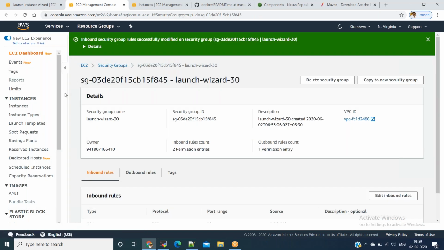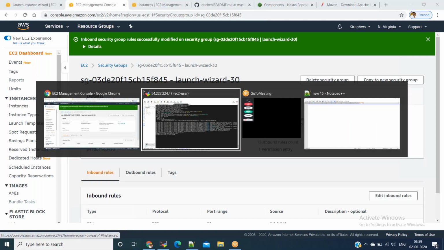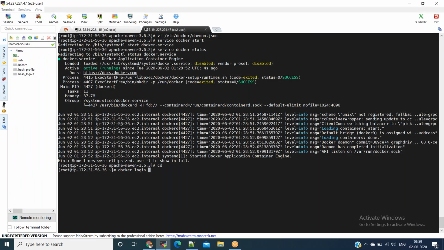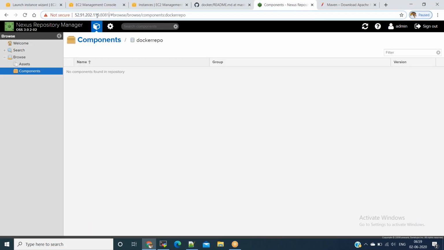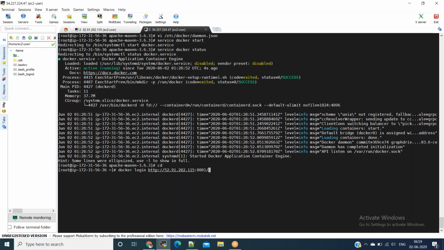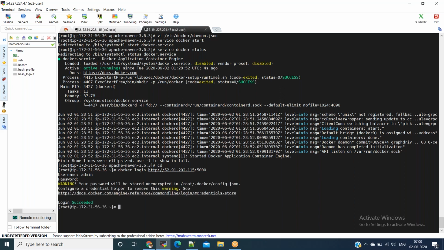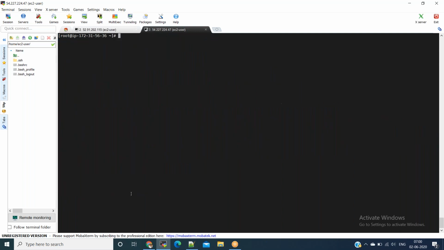Perfect. Now we'll try the Docker login. docker login http://, instead of 8081, we need to give 5000. Enter. Username is admin, password is admin123, which is the default one. If you want, you can change. Login succeeded.